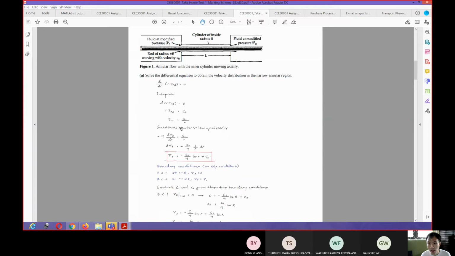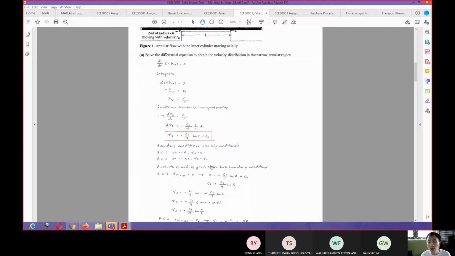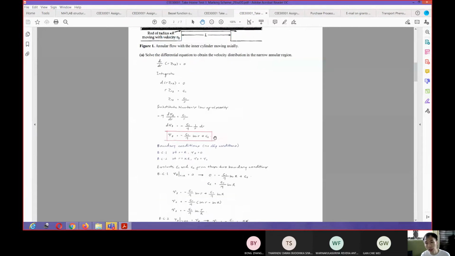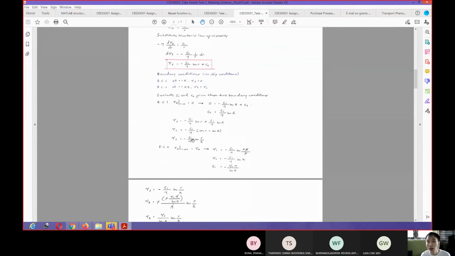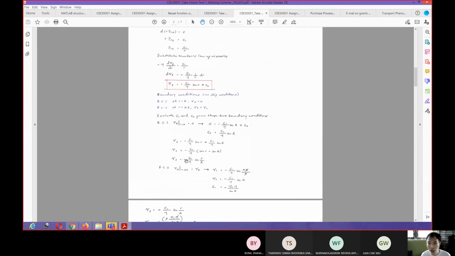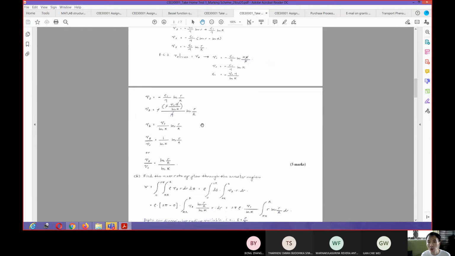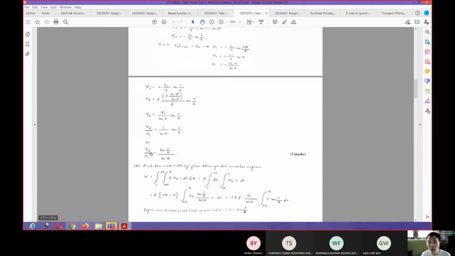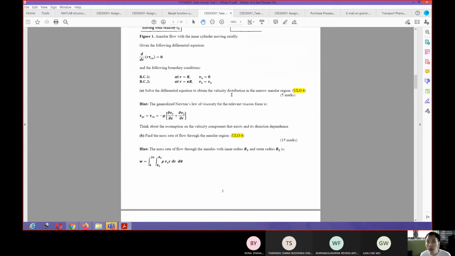integrate here. And then also connect back the shear stress expressions with the postulation. That one is also important. Once you get this one, you will get this Vz, and then you will be able to get your C1. Once you get your C1, you will be able to get the final expression of your velocity in the Z direction. Then what I give you here, you need to connect this back with your postulations.